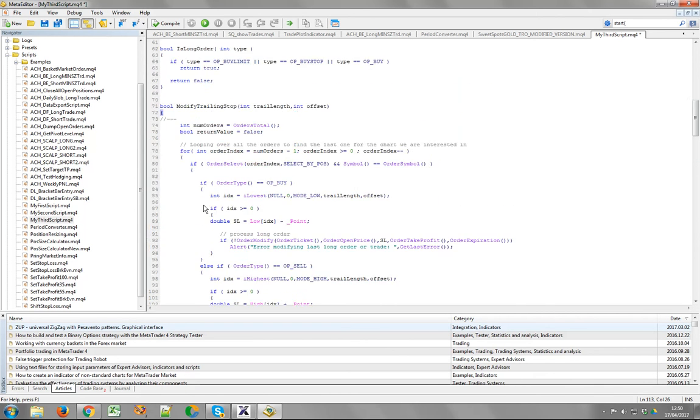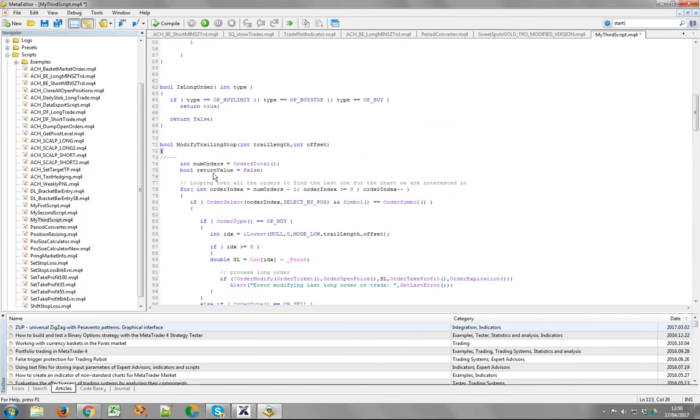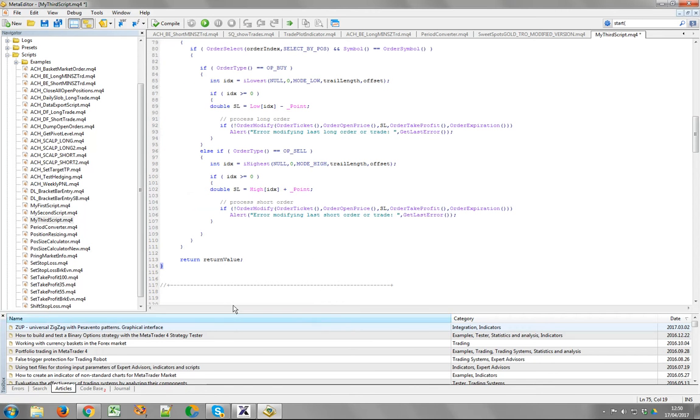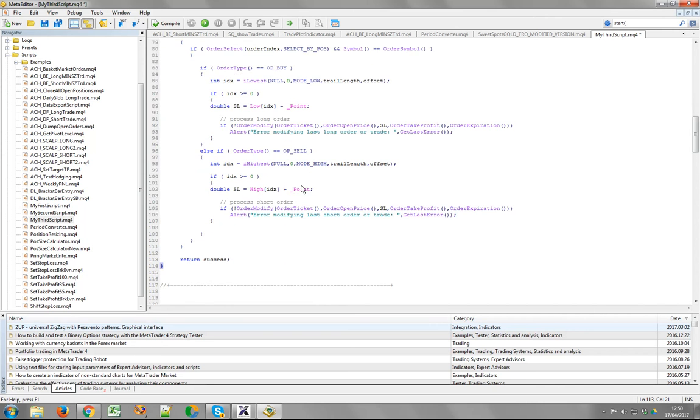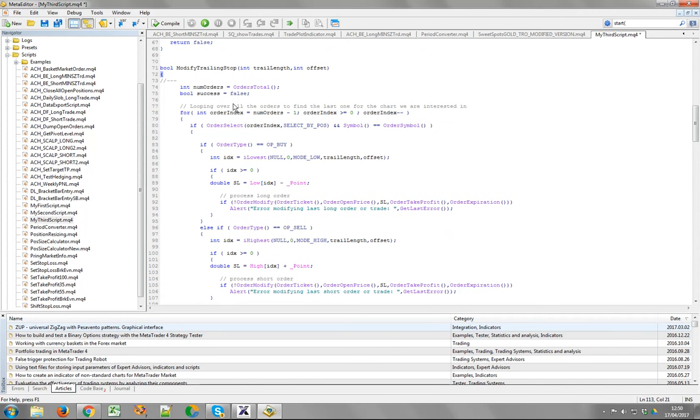Return my return value, okay? Return value is not a very helpful name. Let's call it success, okay? So basically, as the code stands at the moment, we're going to return false because the success variable